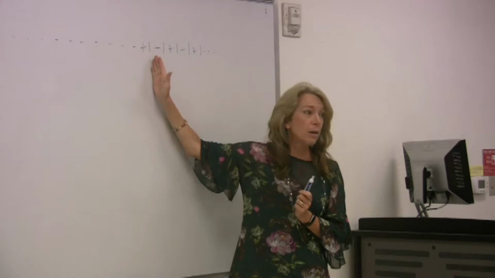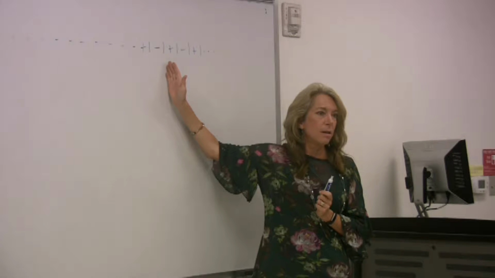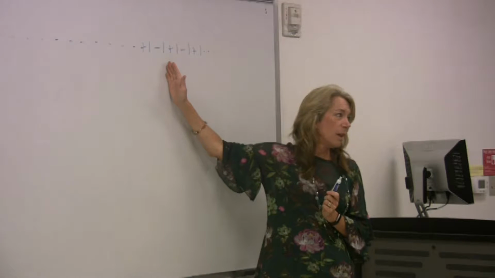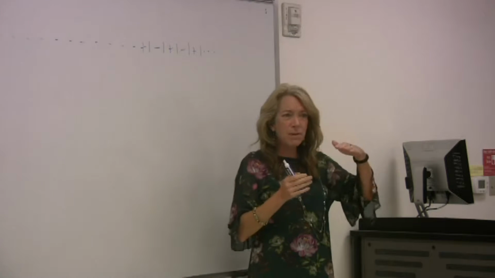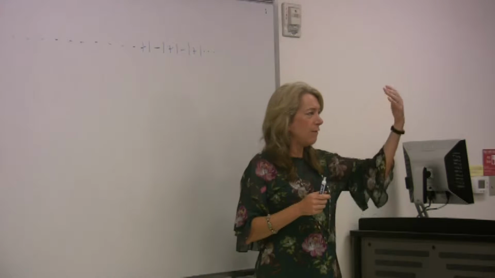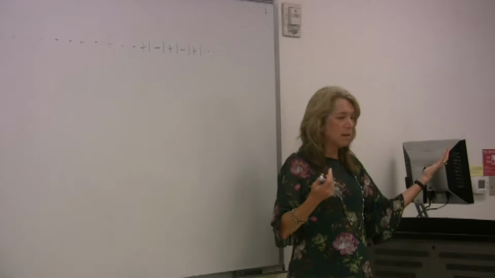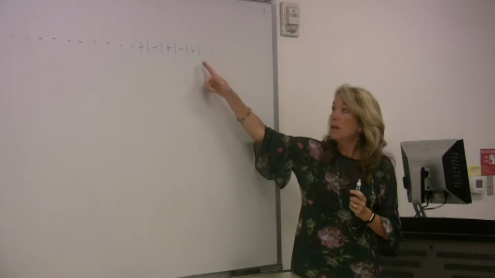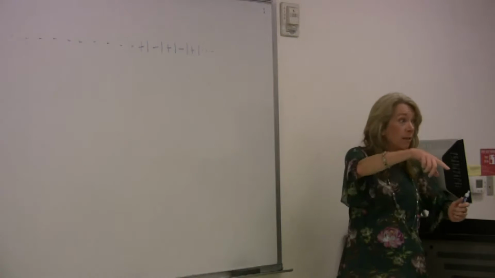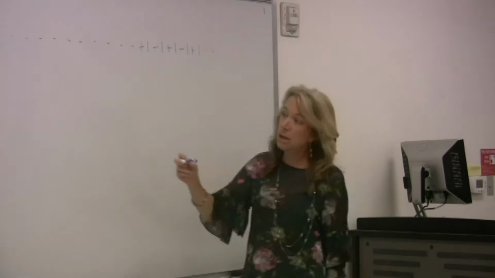If I add 1 more, now I'm at 85. If I add another one, I'm back at 84, and another one, I'm up at 85. So forever, my sum is going to bounce between 84 and 85. What's it heading towards? See how it's not going anywhere? It doesn't have one answer for what it adds up to, because unless you're eventually adding 0, the number's going to change. So because this right here is not 0,